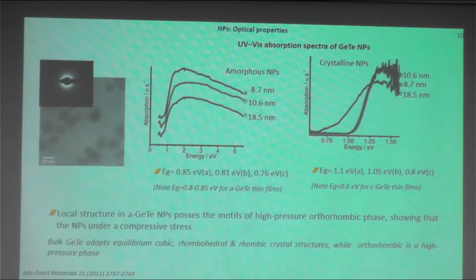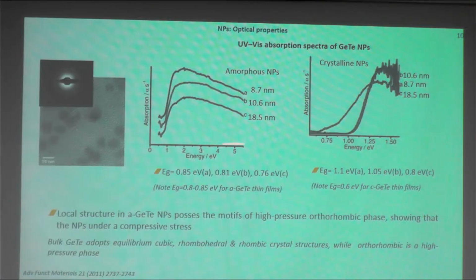So now let us look at the optical properties of germanium telluride nanoparticles. Here the UV absorption spectra of germanium telluride nanoparticles are shown. First, these nanoparticles were produced as amorphous and then crystallized. So this graph shows your